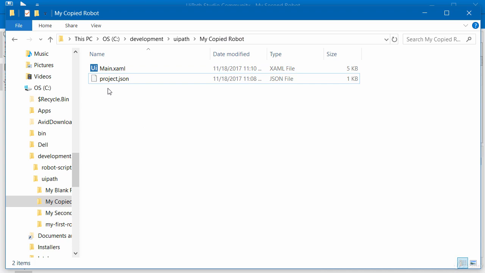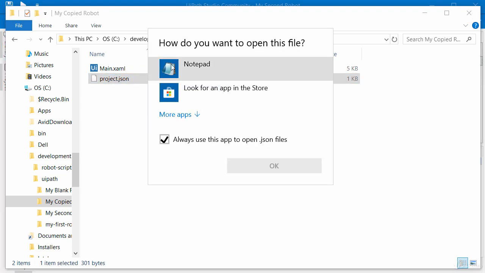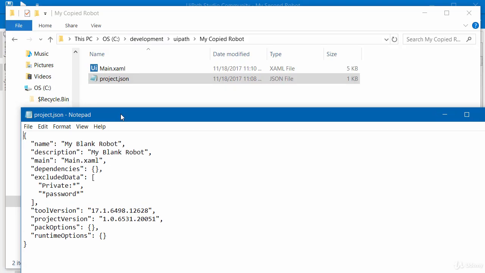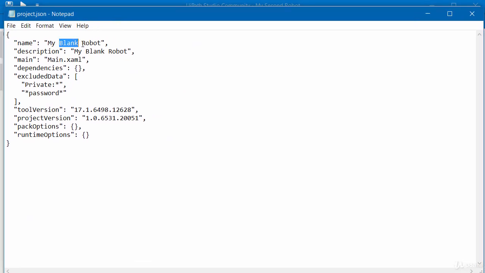If you do that, you're going to want to make sure you go into this project.json file, open with some kind of a text editor, and update the name and description, because those don't get changed when you simply copy and paste the directory. So since we called this my copied robot, I would just change these,